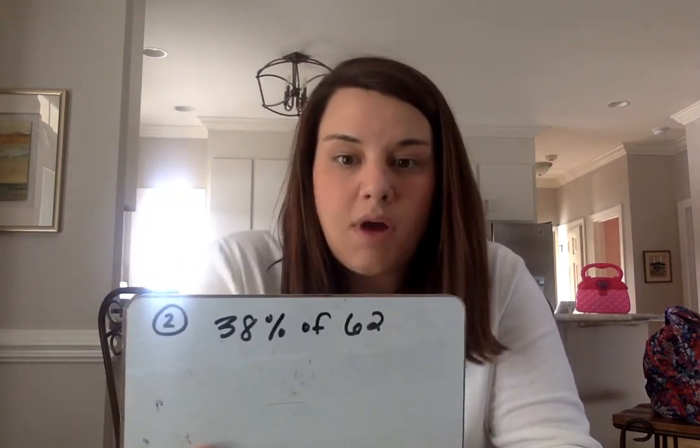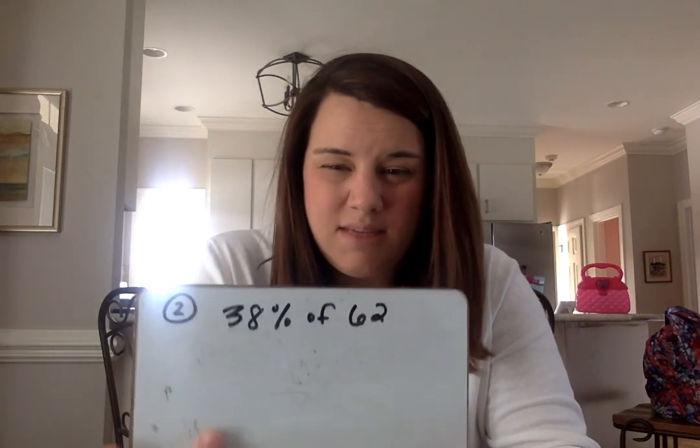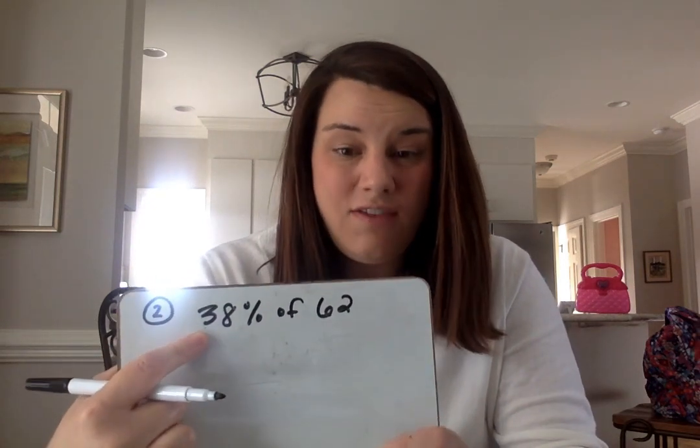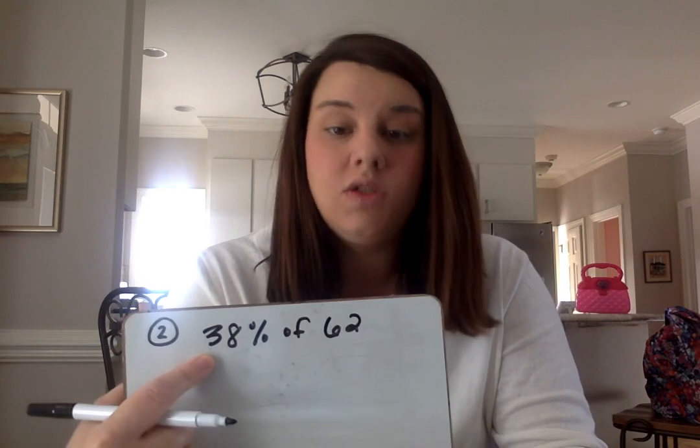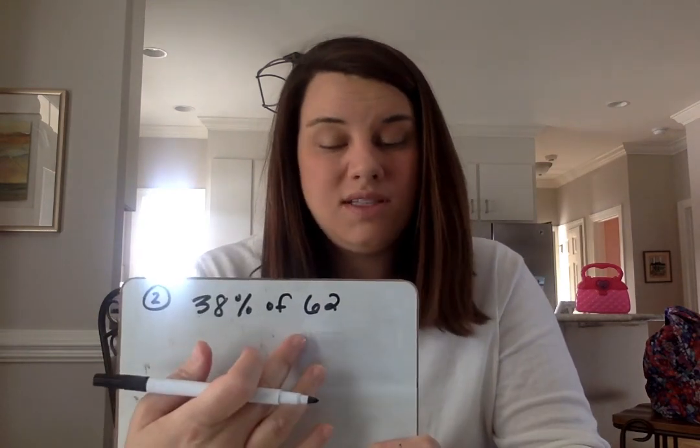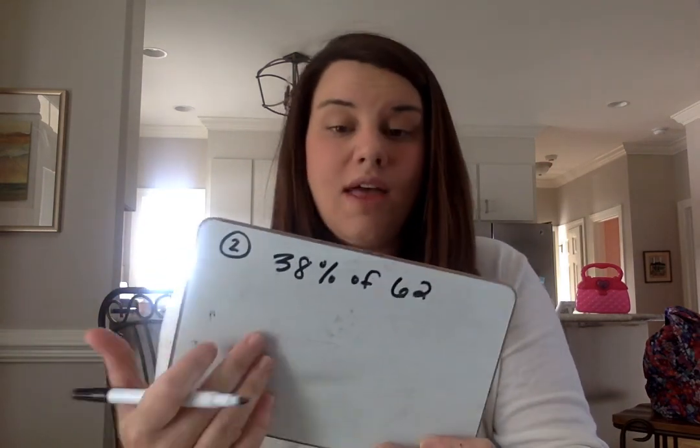What do you want to do to this problem to make it simpler when you estimate? What can we say instead of 38%? We could use 40%. And what could we use instead of 62? You could call that 60. So going back to number 1, if you wanted to change that 196 to 200 to use, that might make the problem a little easier, okay? So 40%